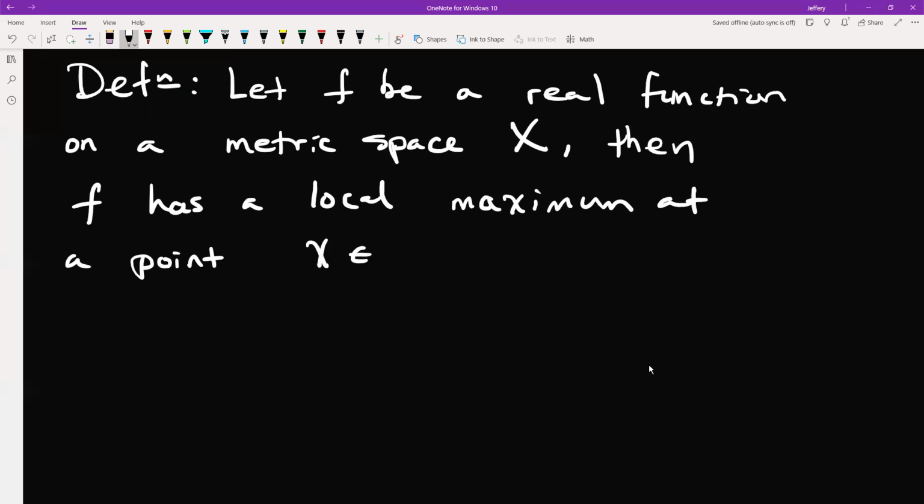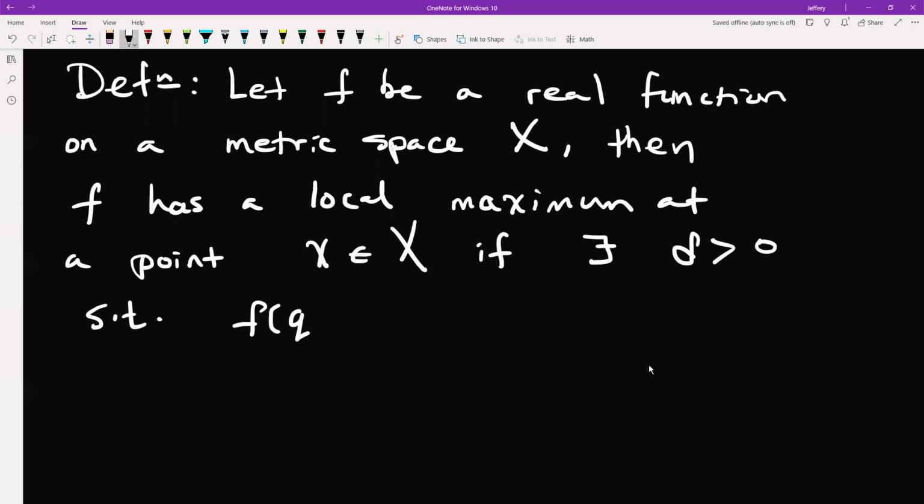Little x in this metric space if there exists a delta greater than 0 such that, now this is where we go back to our epsilon delta days. So f of y, for the heck of it, where f of y is less than or equal to f of x for all y in the metric space